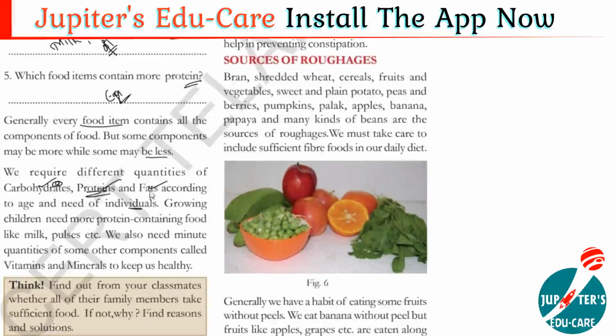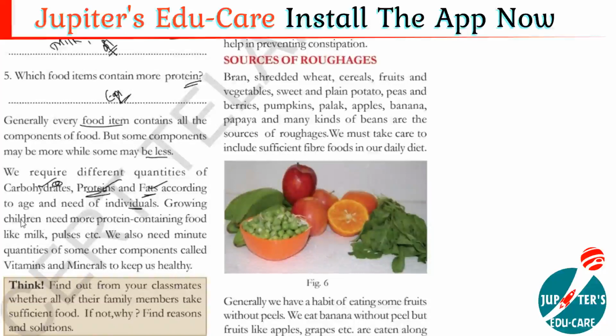Fats also provide energy, but it is better to take only a little bit of fats. Fats are not required that much by our body; a small amount is enough. If you take more fats, it will cause obesity. Obesity is nothing but increased weight, and heavy weight causes diabetes and various diseases. So it is better to avoid fatty food. Carbohydrate-rich food and protein-rich food both help people to get more energy and to grow.